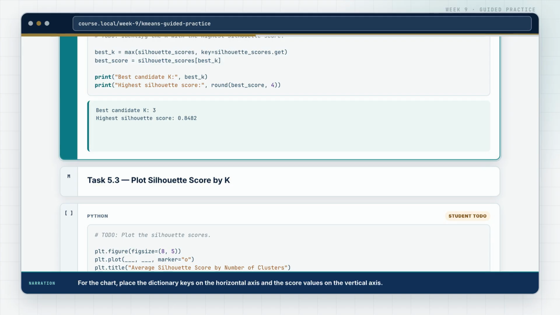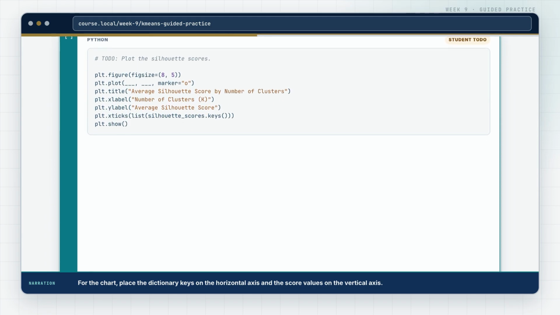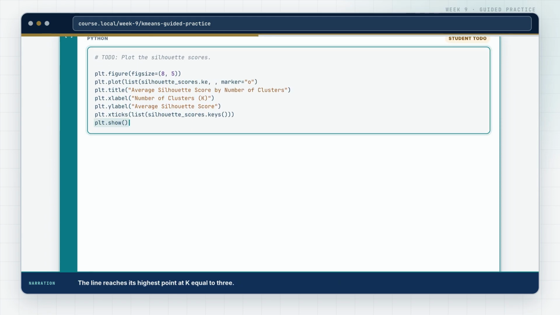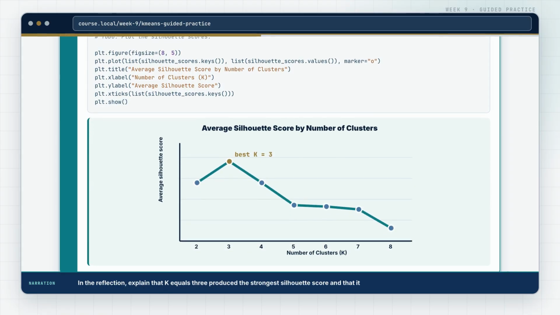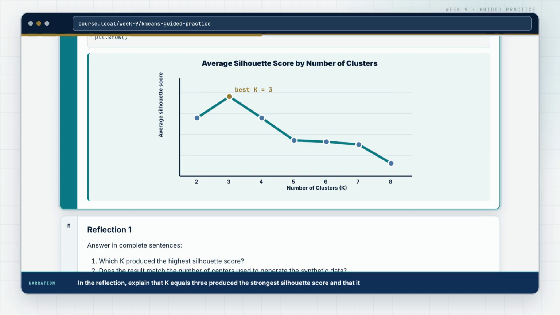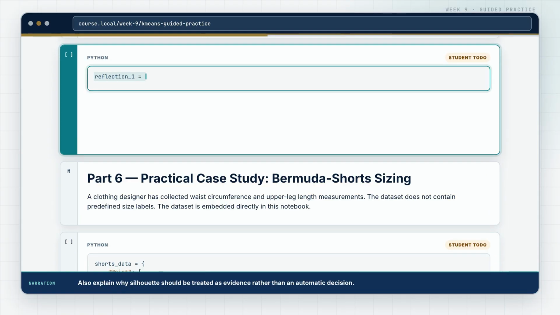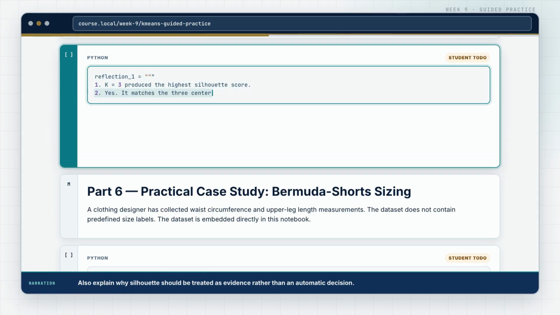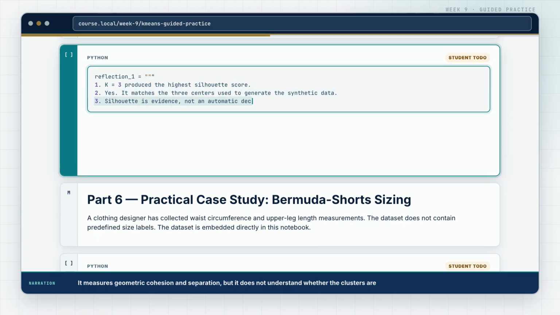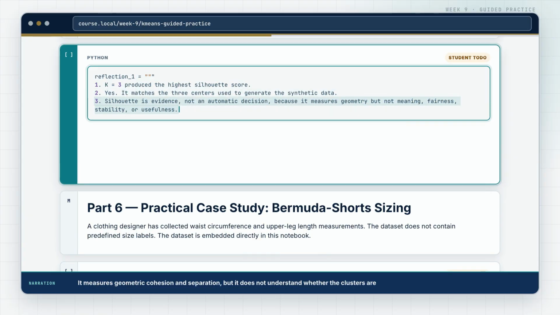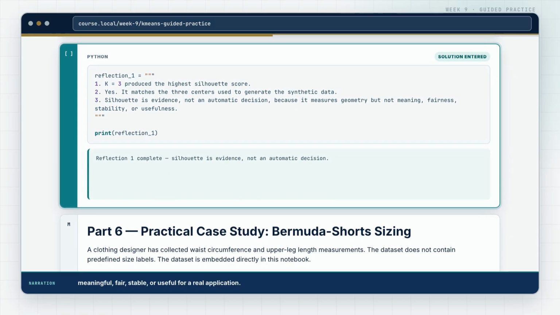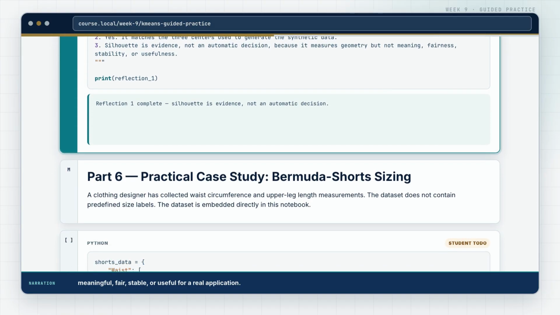For the chart, place the dictionary keys on the horizontal axis and the score values on the vertical axis. The line reaches its highest point at k equal to 3. In the reflection, explain that k equals 3 produced the strongest silhouette score and that it matches the synthetic dataset's 3 generated centers. Also, explain why silhouette should be treated as evidence rather than an automatic decision. It measures geometric cohesion and separation, but it does not understand whether the clusters are meaningful, fair, stable, or useful